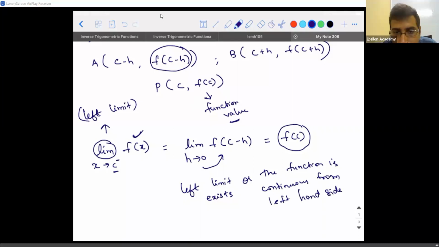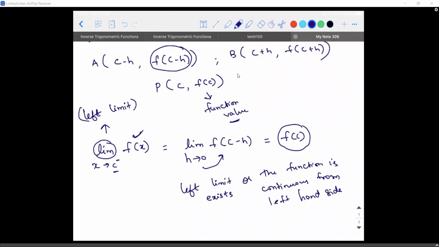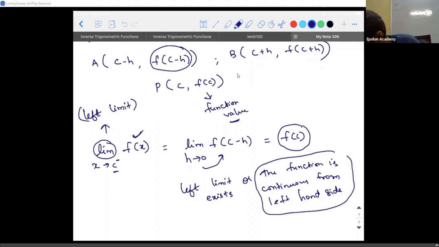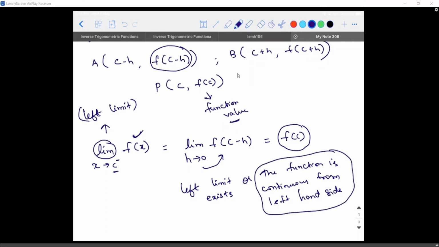Can you repeat it one time? Which point should I repeat? No, how do you get f of x here, like limit x tends to c minus? You don't get f of x. F of x means you will just substitute the function that is given there. Okay, sir, you just substitute. Did you understand the statement that I gave you? Yes, sir. I understood this, but I was confused in that one, so I got cleared now.